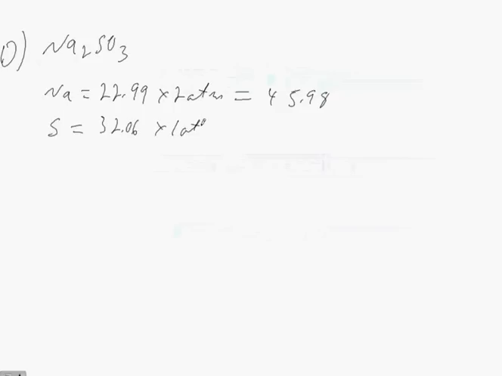So again, Na is equal to 22.99 times 2 atoms, which is equal to 45.98. Sulfur is equal to 32.06 times 1 atom, which is equal to 32.06. Then for my oxygen, I have 15.99 times 3 atoms of oxygen, which gives me a total of